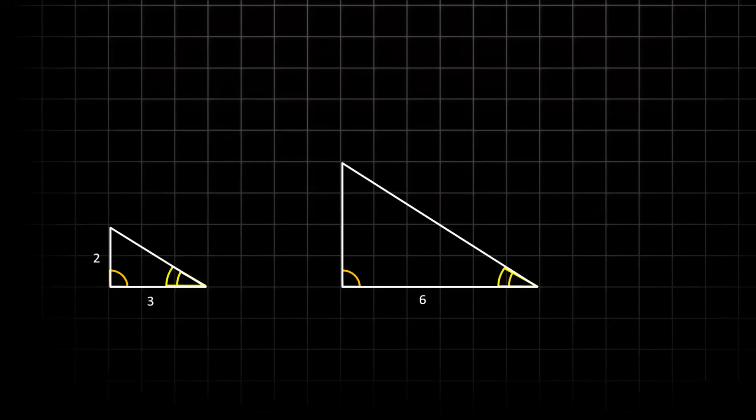Tell me this if you know the stuff. What is this side? Basics, come on. 4, right? You guys know this. It's 4 because it's scaled proportionately. This is 3, this is twice that, so this should be 4. If they're similar, they're similar. Why are they similar? Because of the angles, the 90-degree and this angle here. Done. Good.